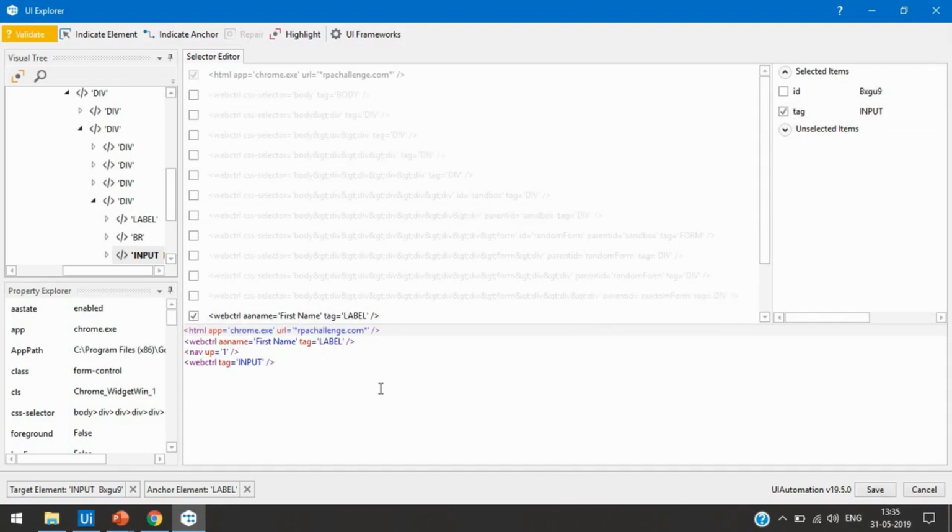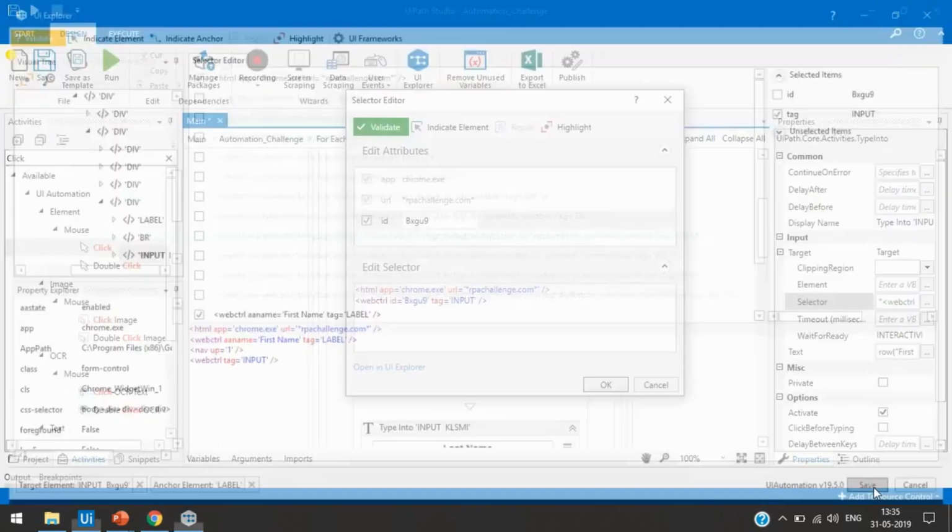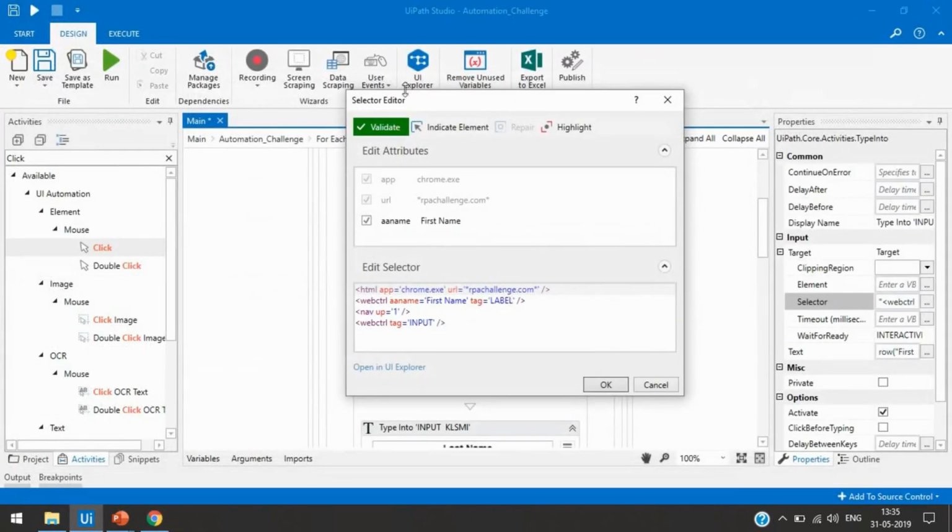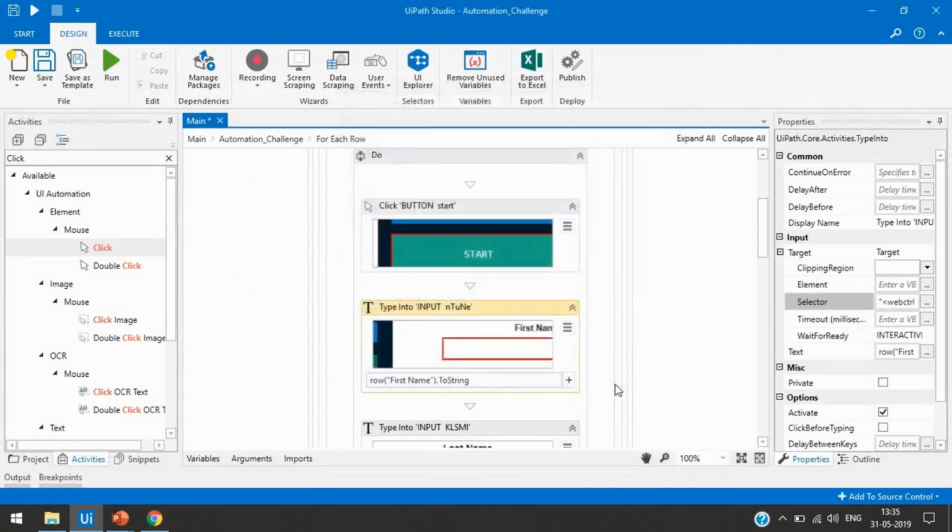You can click on save, or you can copy the selector from here and paste it into your current selector in the properties panel, right? So we can click on save. Once we click on save, it will automatically add the selector into this, and press OK.